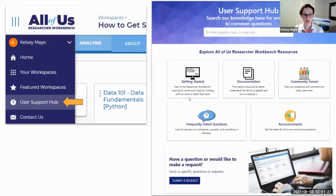search for helpful information on getting started, information on our privacy methodology, our data dictionary. You can ask questions of other researchers in a community forum, and read through frequently asked questions that our help desk has received. And if at the end of the day you're not getting what you need from this searchable knowledge base, we have a team of awesome trained experts, who are humans at the other end of the line, available if you need to submit a request, ask a question, or give us feedback on how to make this